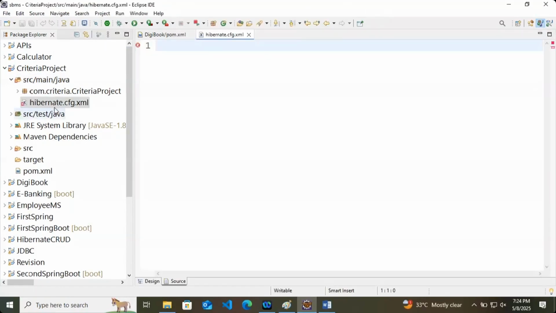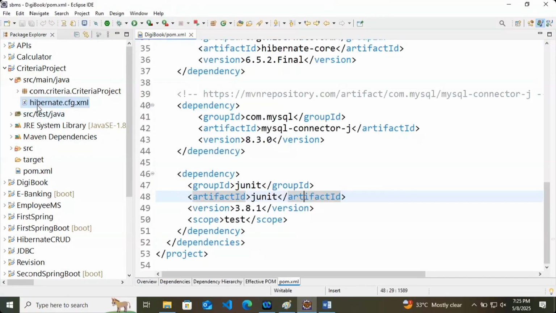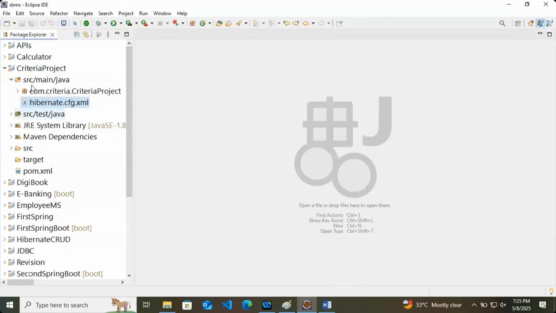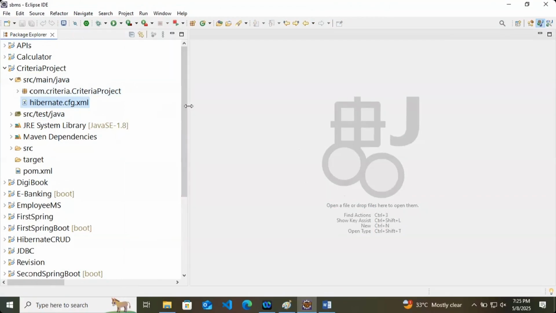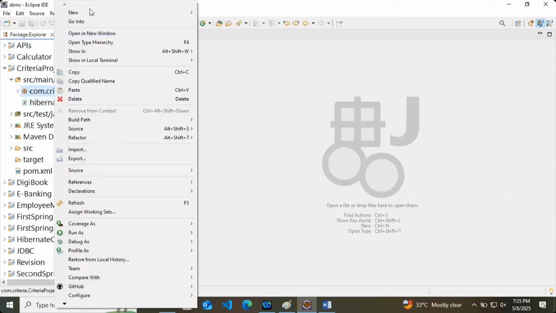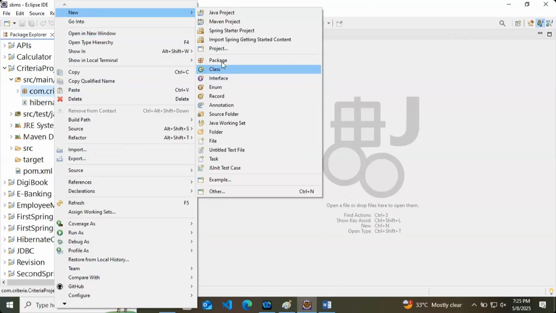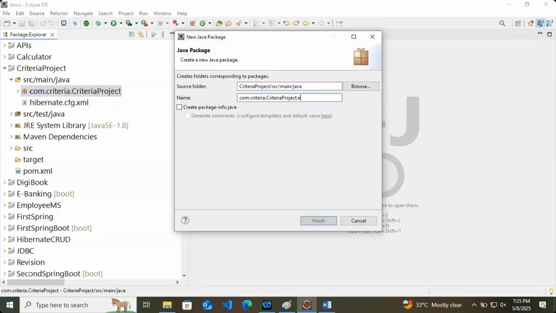Now you can see that this particular file is at the same level as my packages. It is not inside any package. What if I am creating more packages inside this using the base package? No problem, create dot entity.